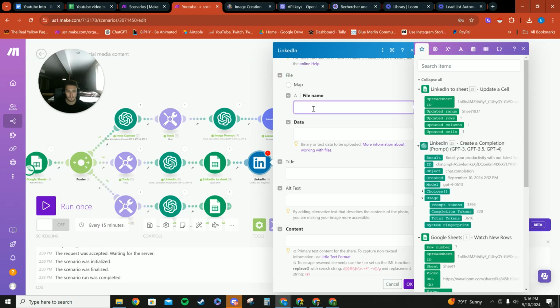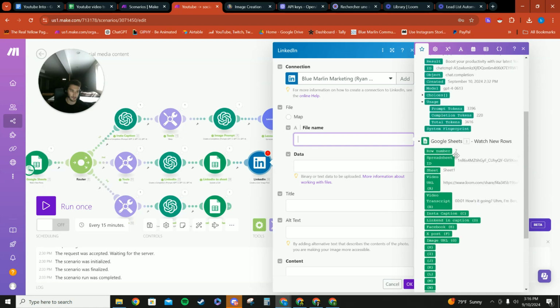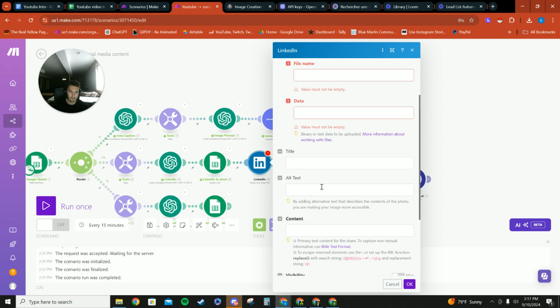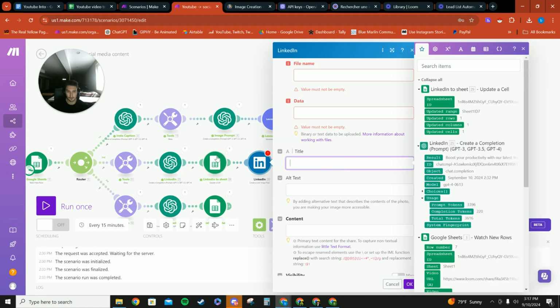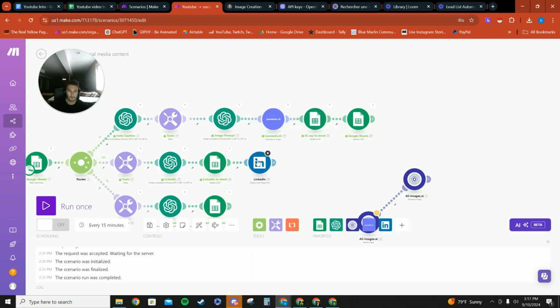And all you do is you could title it whatever you want, or you could have a generated title. Like you could add another ChatGPT bubble. You could set a date, the title you could use ChatGPT to generate, and then the content you would just put either your LinkedIn post from there, or if you were using